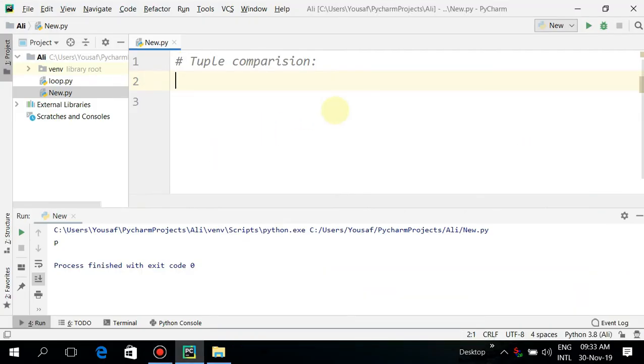Okay, this is the next lecture on tuple comparison. As I told you in my last lecture, let's consider two tuples: T1, which contains the elements 1, 6 and 9, and the other tuple T2, which contains 0, 2, 4. Okay, put a condition that if T1 is greater than T2,